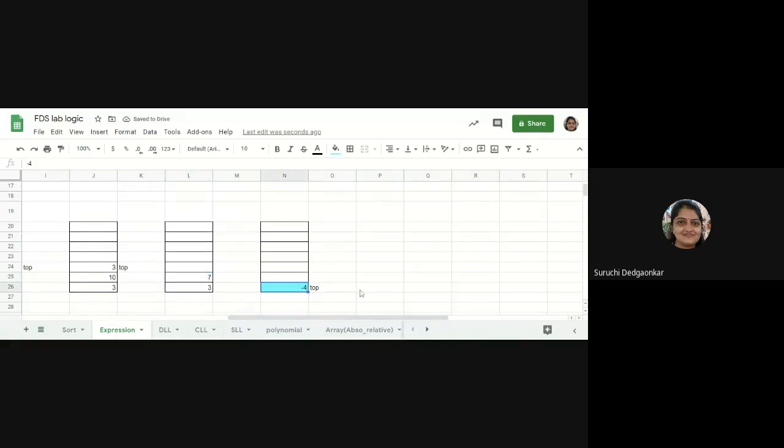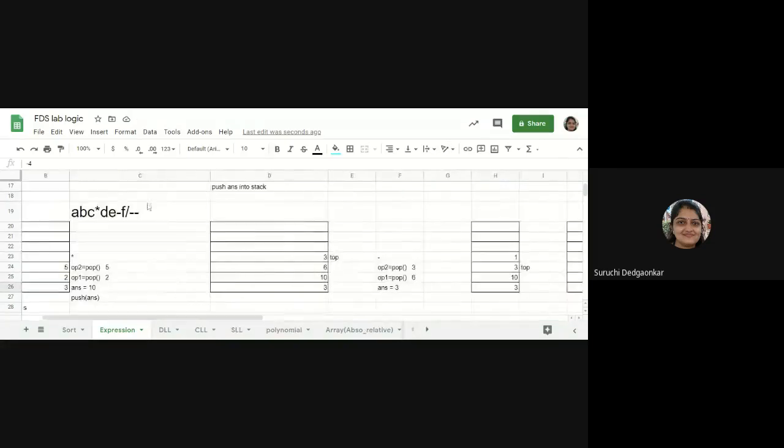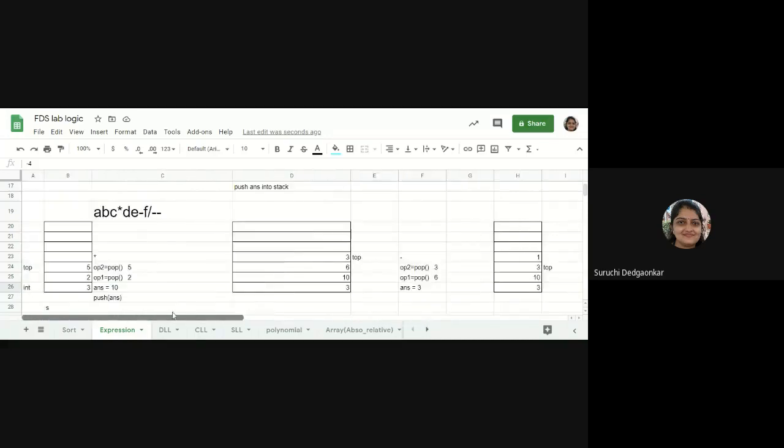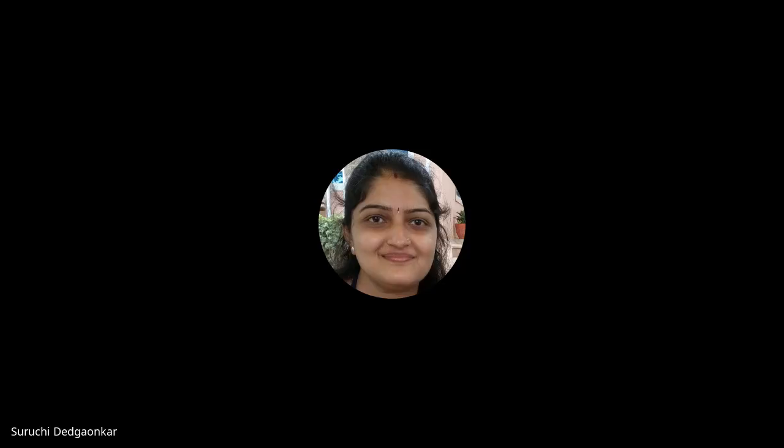It will be pushed into the stack. And now we reach the end of the expression, slash 0. So we have to pop from the stack, and that is nothing but the final answer of our expression, which is minus 4. Okay. Is the example clear? The example of evaluation is clear.